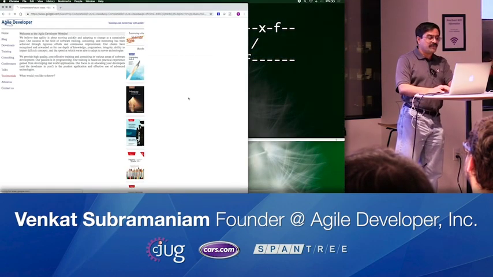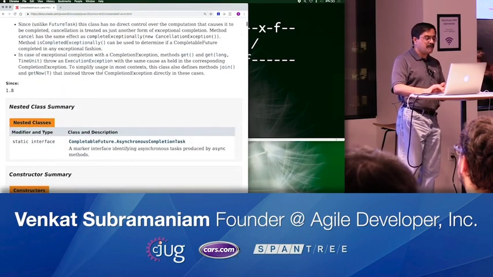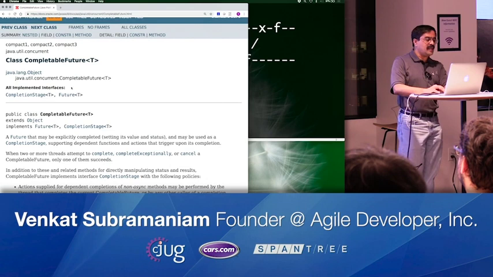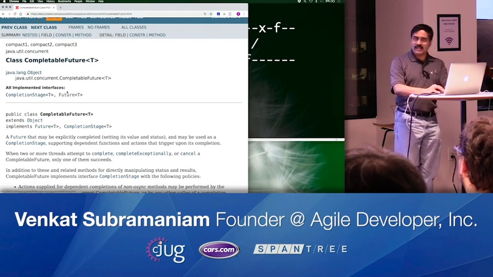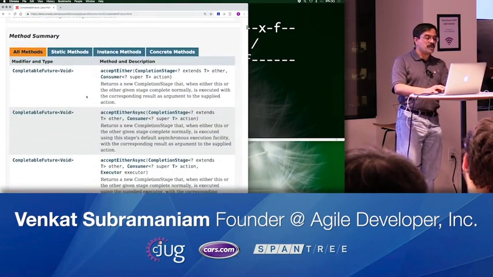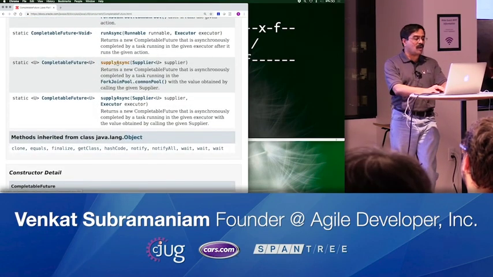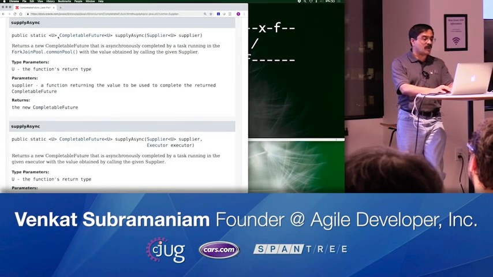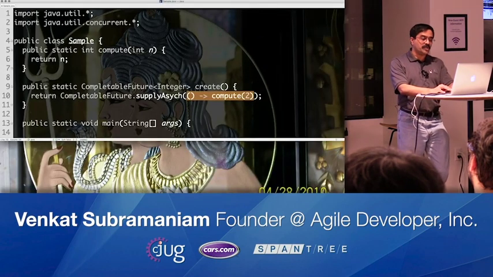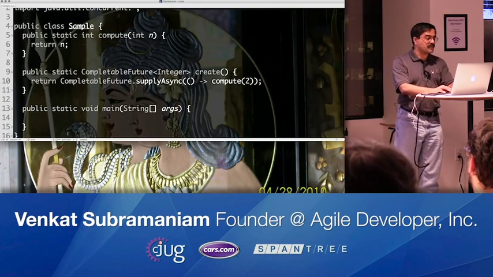Let's go ahead and take a look at the completable future class. This was introduced in Java 8, as you can see right here, and this contains a bunch of interesting methods. One thing to note over here is that completable future actually is implementing the future interface, and I'll talk about the consequence of that in just a few minutes with a little example and focus on maybe what we shouldn't really do. But what I'm really trying to call right now is the supplyAsync. That's the method I want to really call. Let's make sure I spelled it correctly. So this is the supplyAsync function I'm going to use right now and say fire away and call that particular method.